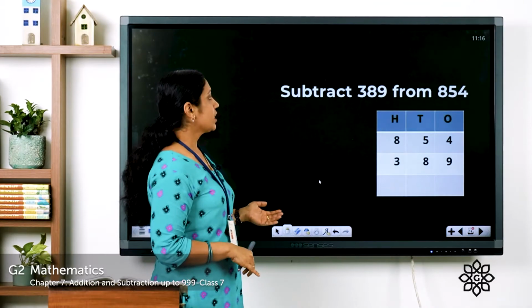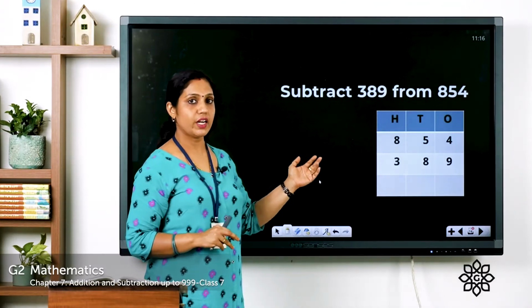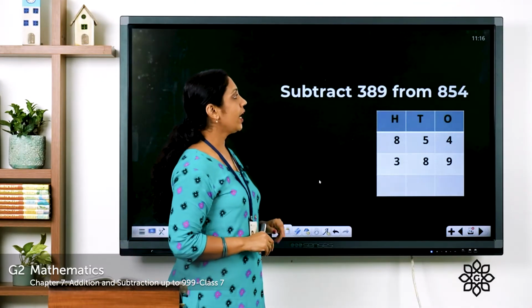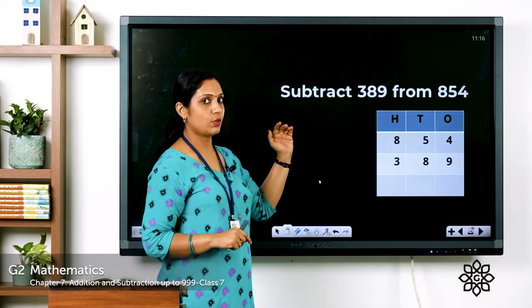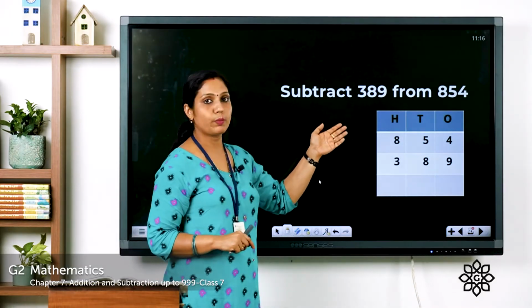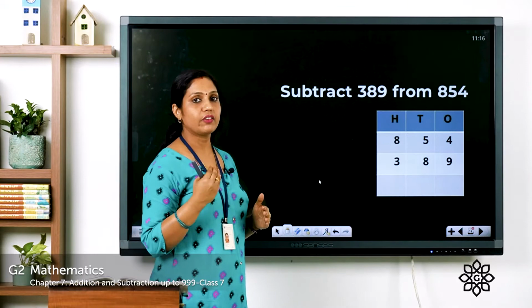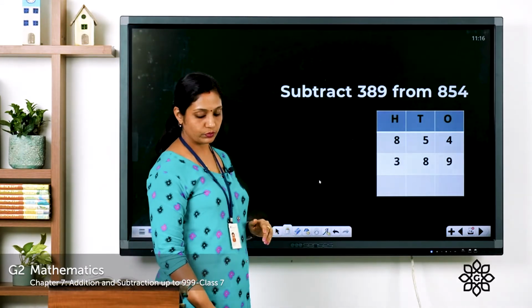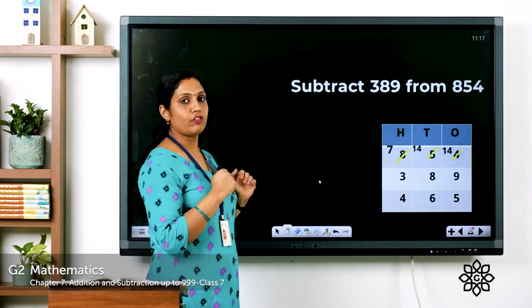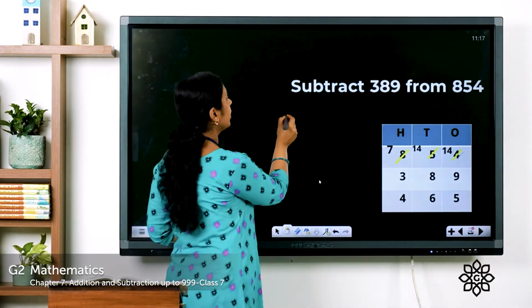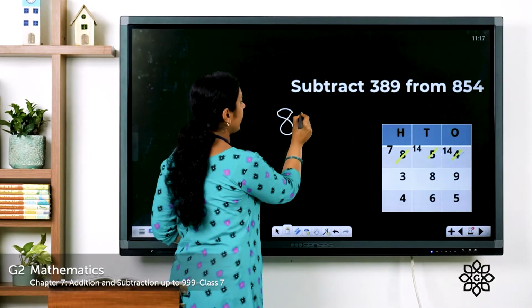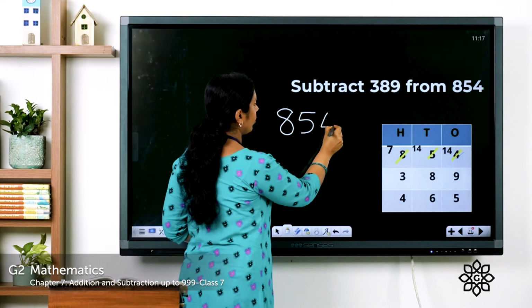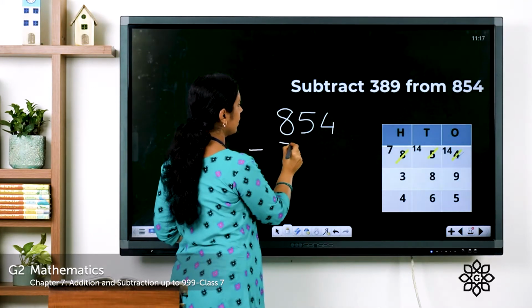276. Next we have subtract 389 from 854. So look at the ones place, we have 4 minus 9. So 9 is greater than 4. We are not able to subtract 9 from 4. So we'll have to borrow from the tens place. So let's write 854 minus